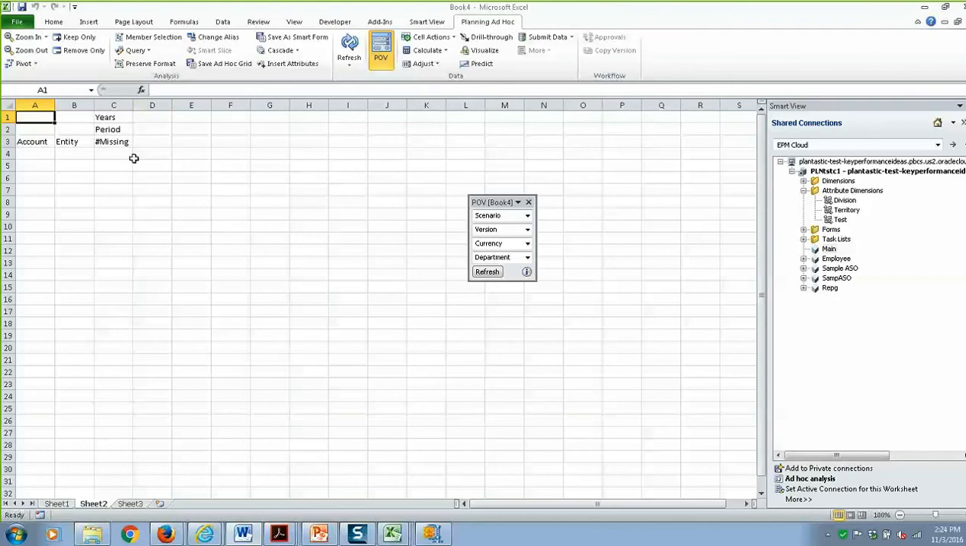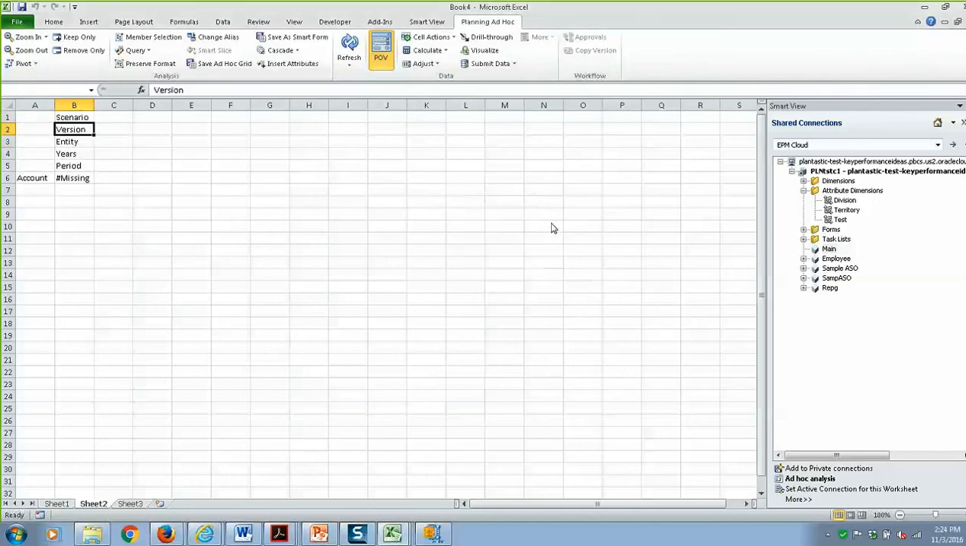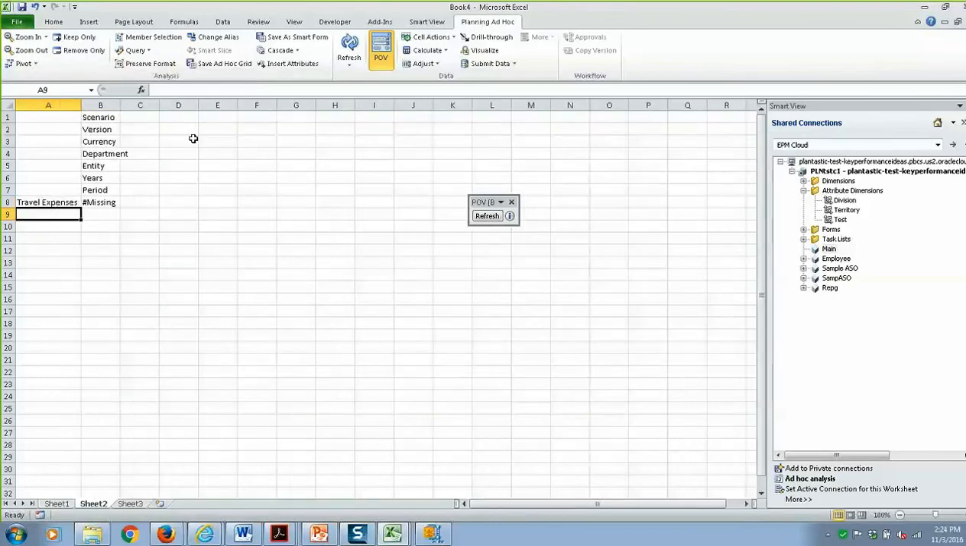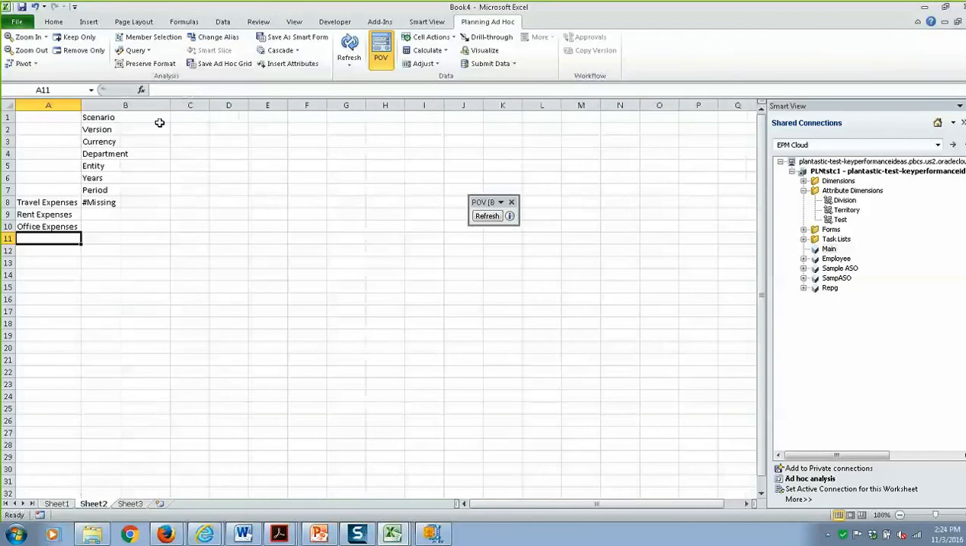I'm just going to do some free-form reporting here for the sake of time. We're just going to build a basic report, basic retrieve, just typing in the aliases. And then from our data entry screen, we had budget, working,